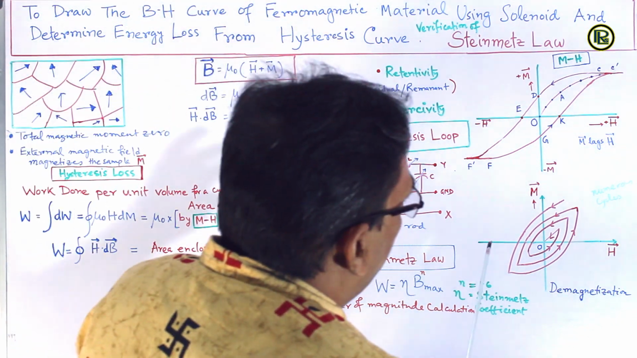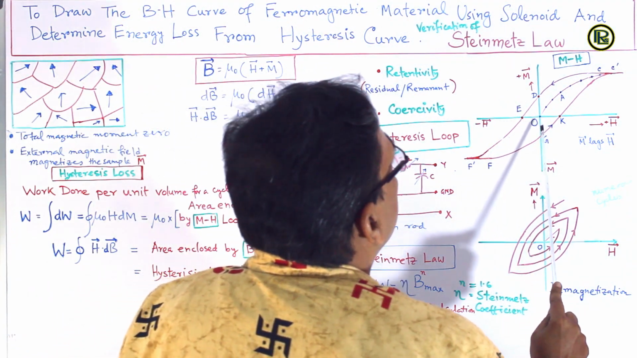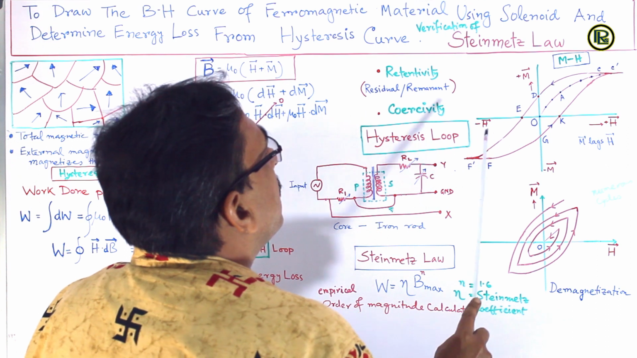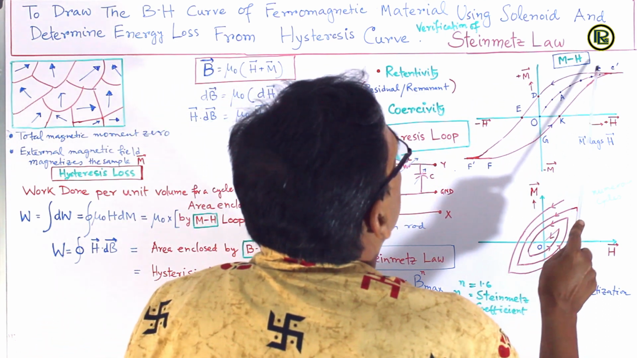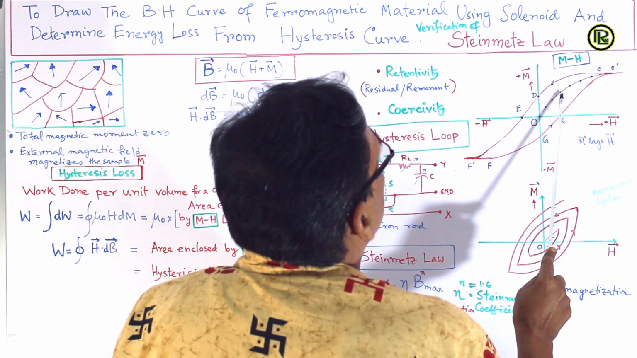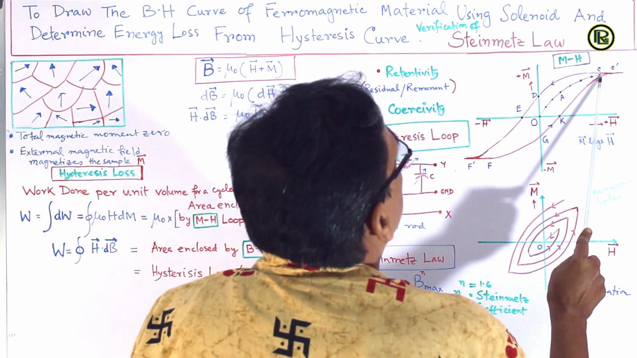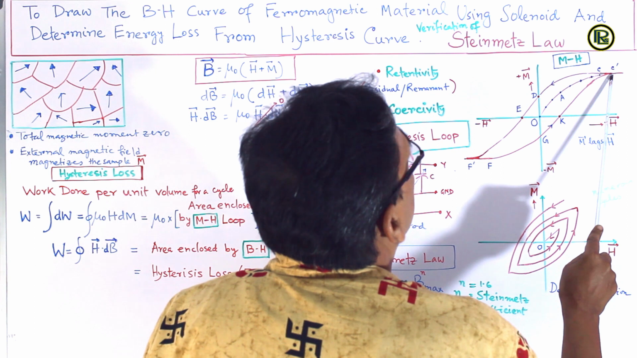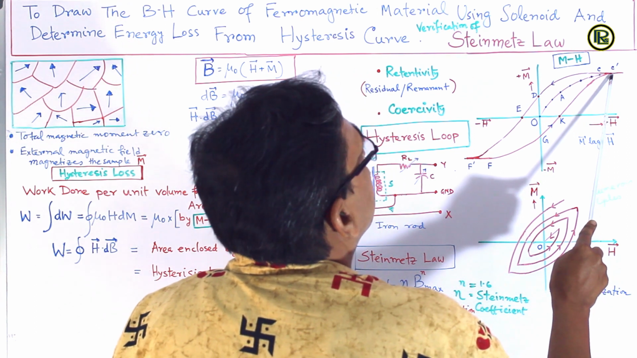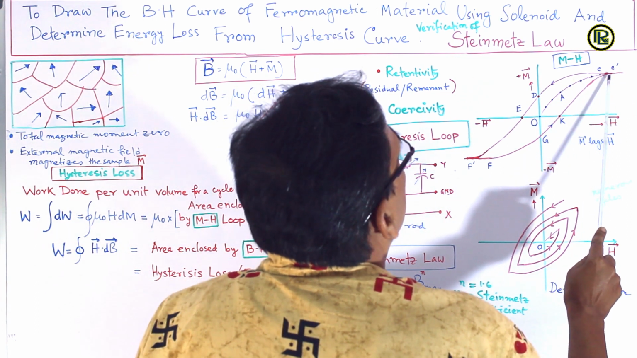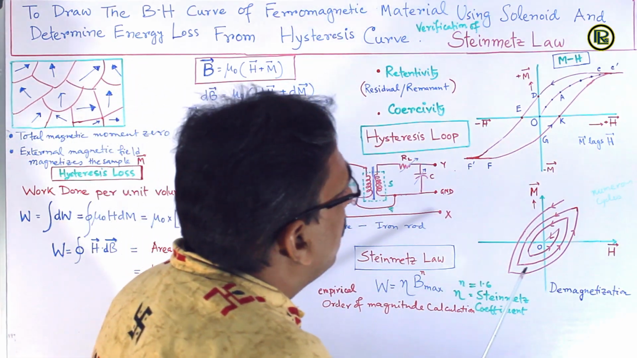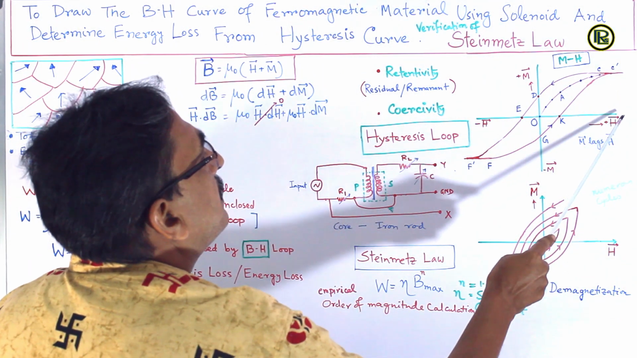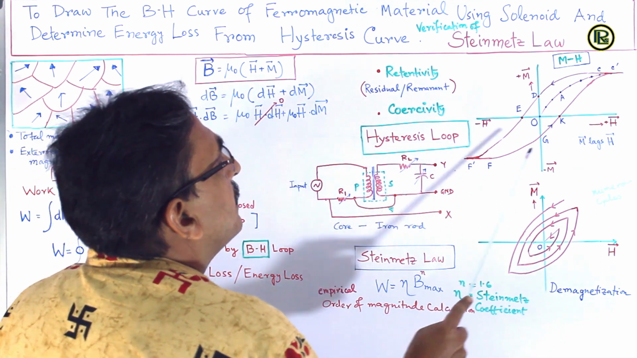So if we take the sample and increase the magnetic field, then the magnetization follows this curve. So it goes through A, through the point C, and reaches the saturation at the point C dash. So this is the highest or maximum magnetization. Now if we decrease the magnetic field towards 0,